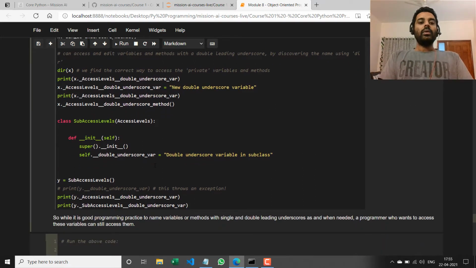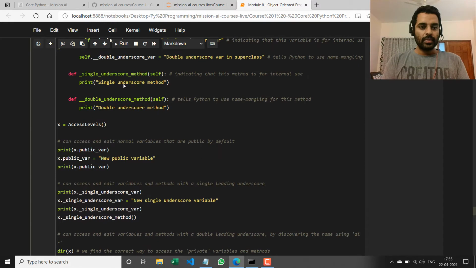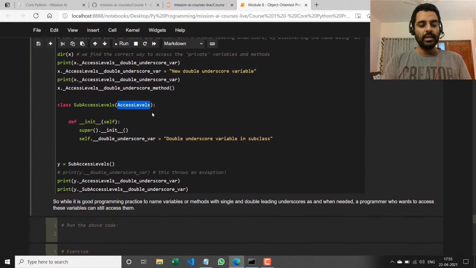Okay. Now I can also create a subclass. So I say class sub access levels, which has access levels, the previous class, as its superclass, right? Its base class. So here I define a constructor.